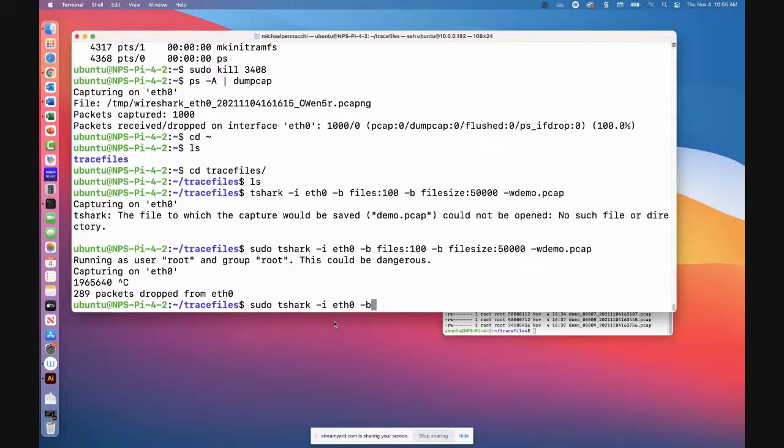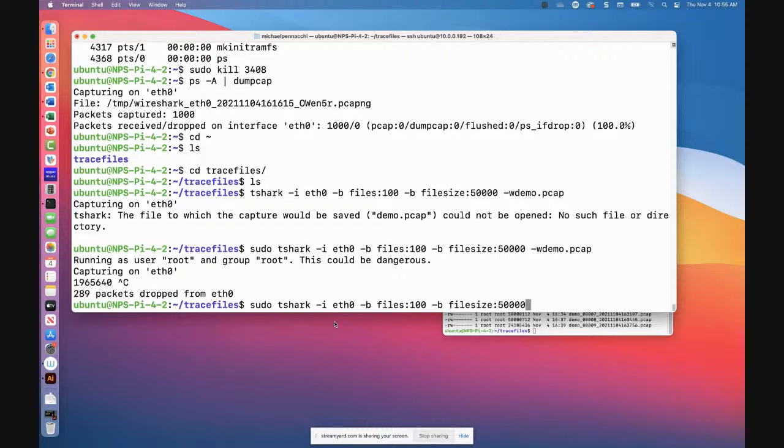Then I'm going to say -b. Now there is a pile of command line variables that are available for Wireshark, but this one allows me to specify how many files are going to be in my ring buffer. I'm going to say 100. Then I can say -b filesize, and I'm going to say 50,000.